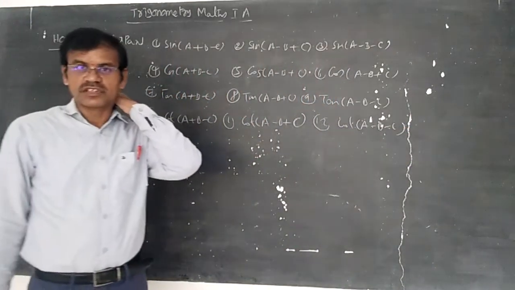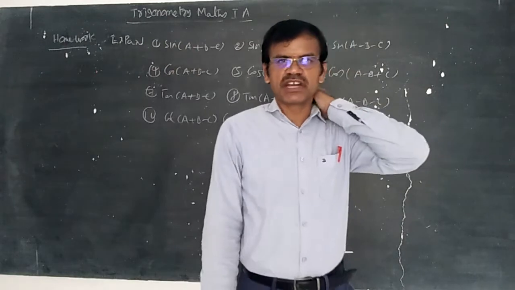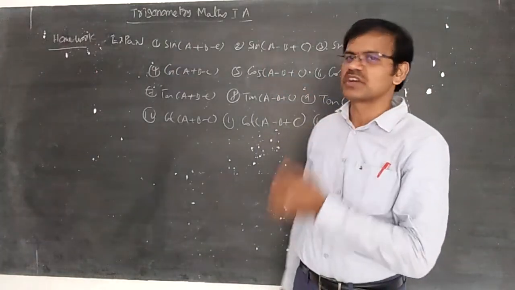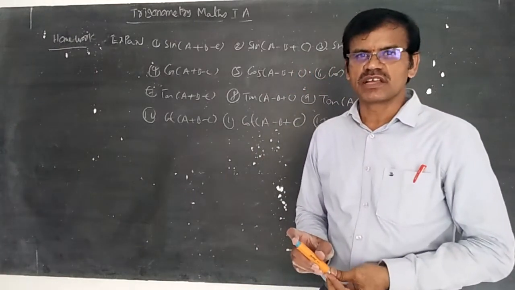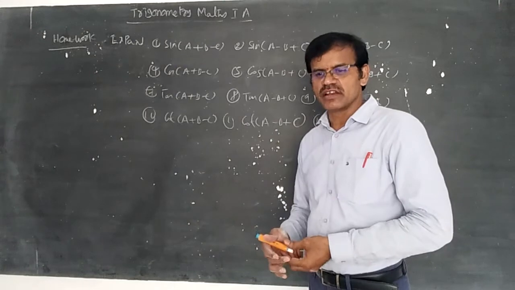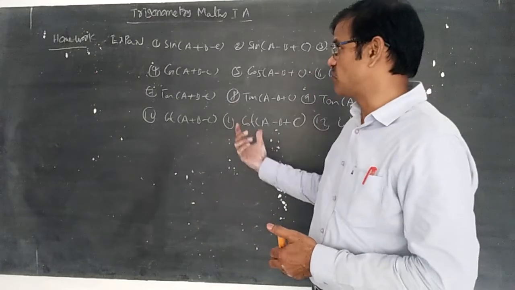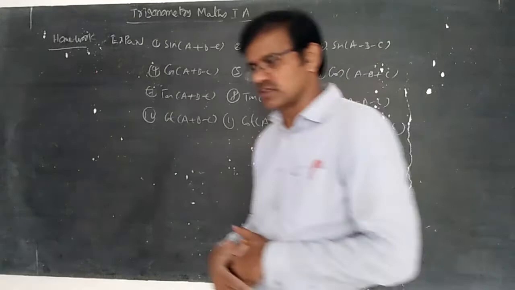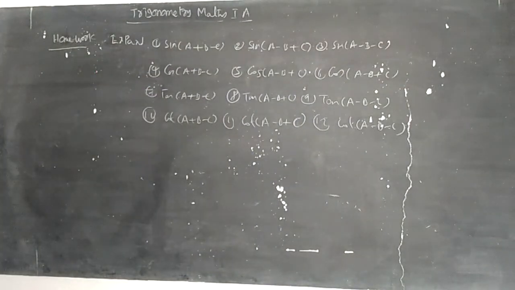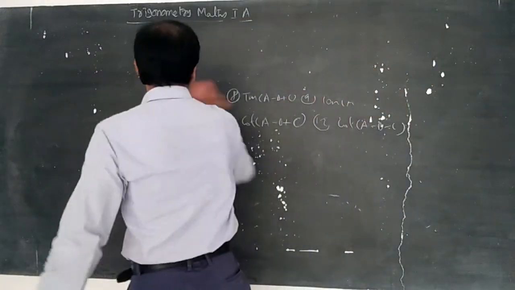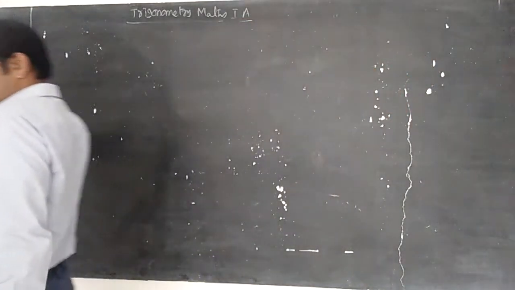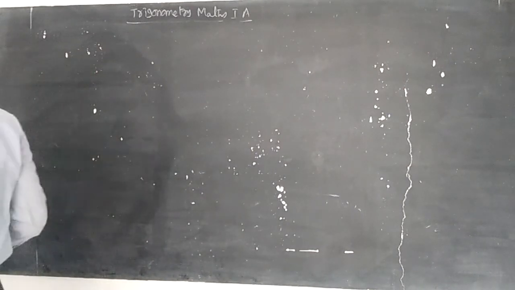Try to do these sums. Then you can understand the importance of trigonometry. How much you have learnt until 10th class, and how much you are going to be learning in intermediate. You can understand the preference and the depth of trigonometry. Now let us discuss some examples which are useful. Page 250, solved problems.